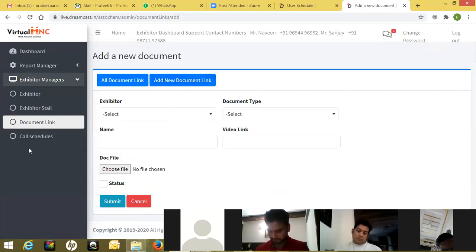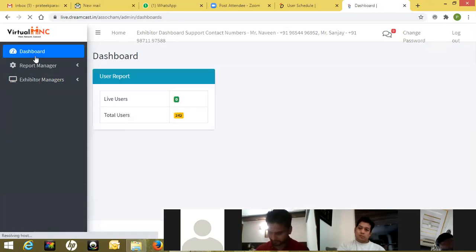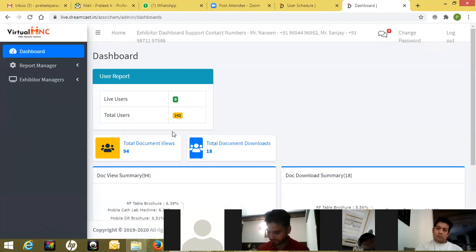Now, apart from this, we will come to step number 2, which I will explain at a later part, which is the visitors chat. Right now, I'll directly come to the reports and analytics part. So you can click on this dashboard. These are all the shortcuts for the reports and analytics. Like live users, by users we mean the attendees. Whatever number of attendees are live on your booth at that particular moment when you are seeing this, that number will be reflected over here.